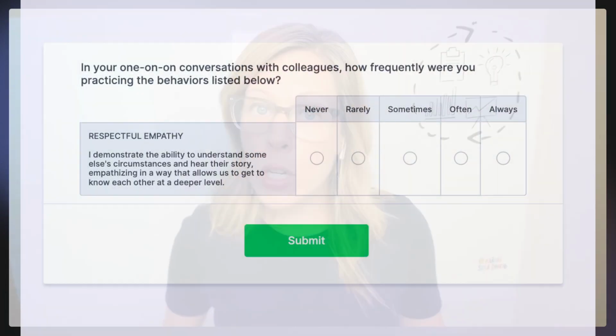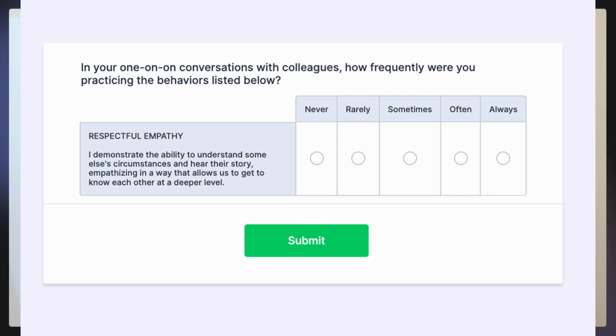As you can see, there's not one right or wrong way to evaluate and assess frequency. We chose to use a matrix with 2 key contexts to ask people how frequently they were applying these behaviors in one-on-one conversations and also in team dynamics. We chose to use a slightly different format for asking about frequency of those same behaviors after training. The next thing that I want to bring up, you mentioned the branching.